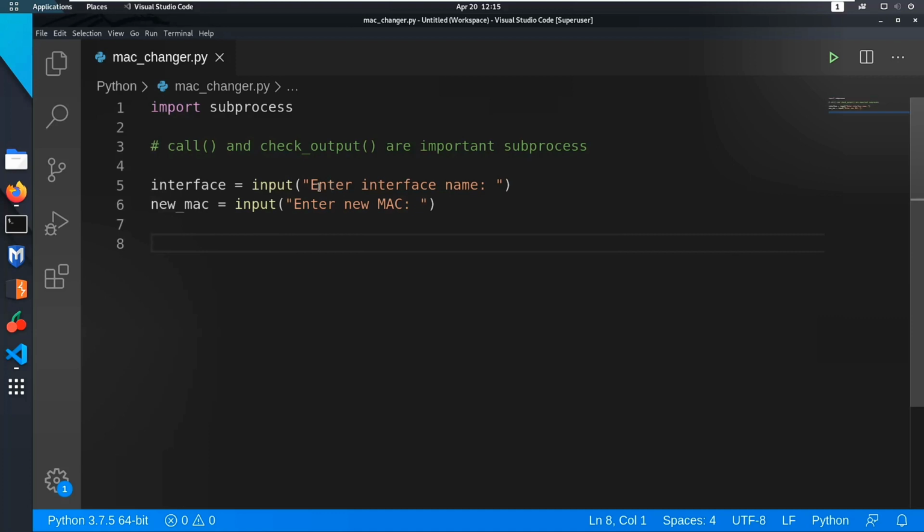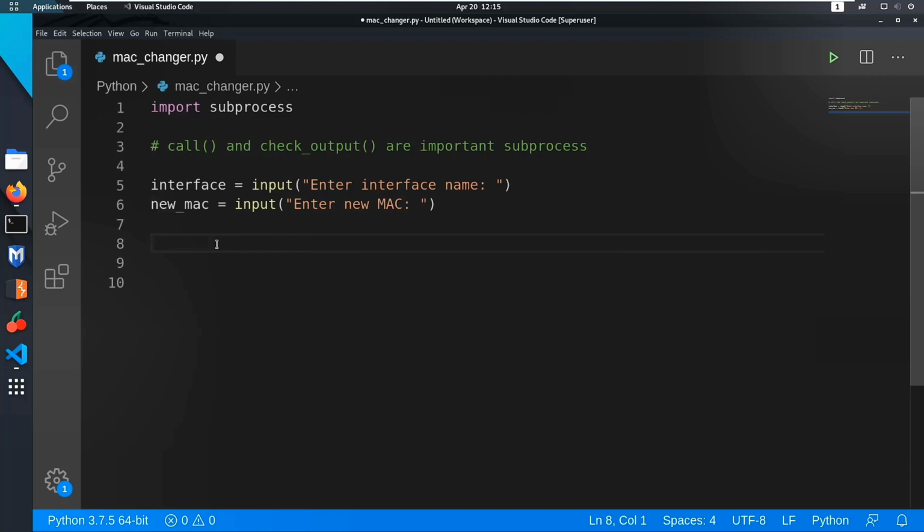Since I told you that the call method is useful to interact with the bash of Linux, and the call method takes a list of strings, let me tell you with a demonstration. This is the input section, this is the import section, and now we will implement the code. In order to call a method in a particular module, we need to call it by its module name.